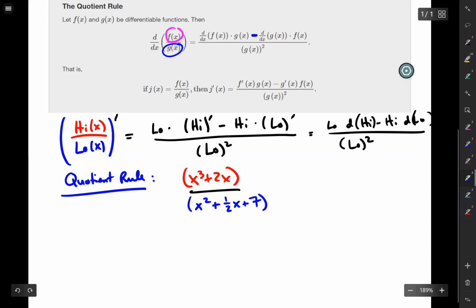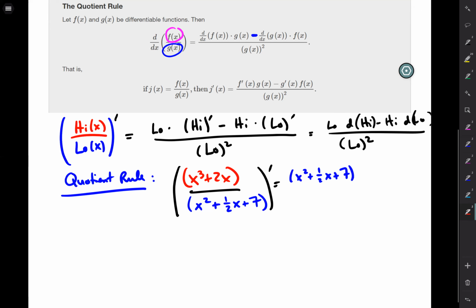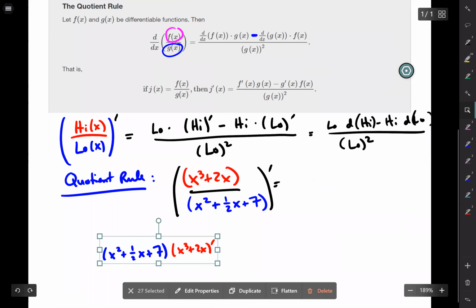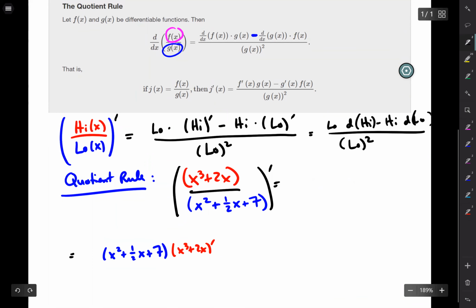Okay, so if I'm going to take the derivative of that, then the rhyme says low d high, so I need to write down low d high. Now that's going to be the derivative of x cubed plus 2x. And I already know I'm going to run out of space, so I'm going to move this down here. Okay, low d high